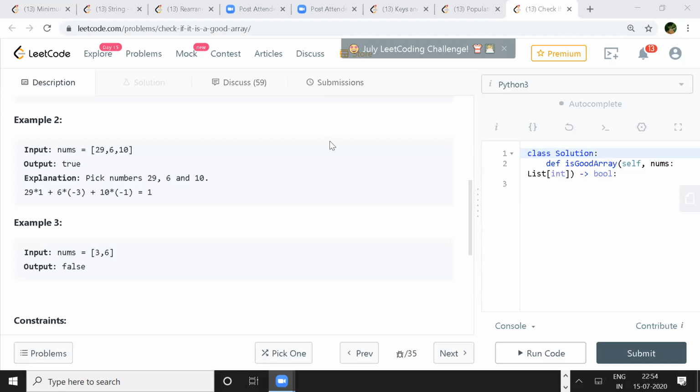Let's take an example, maybe 3, 6, and 17. In 3 and 6, the GCD is 3, so it is not 1. We move to the next one using this GCD, 3. Then we find the GCD of 3 and 17, which is 1, so we can return 1. So the conclusion is that if we are not able to find a co-prime pair, then there's no point moving to a triplet or a quadruplet, because they would not be co-prime.